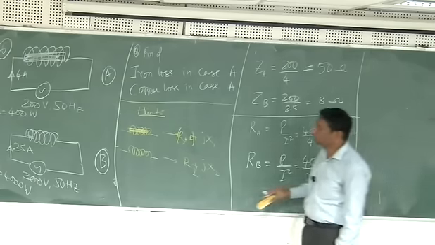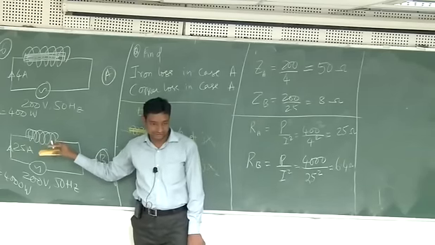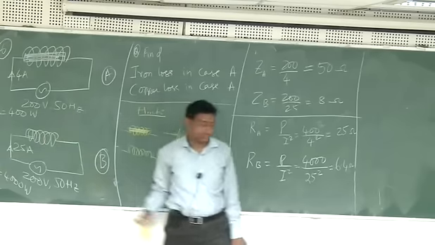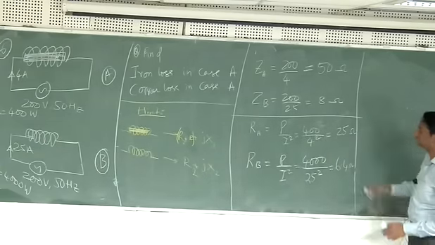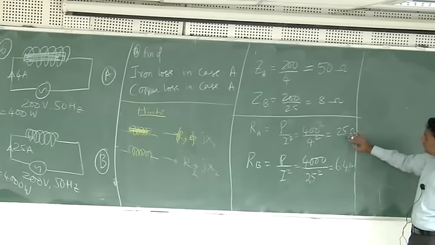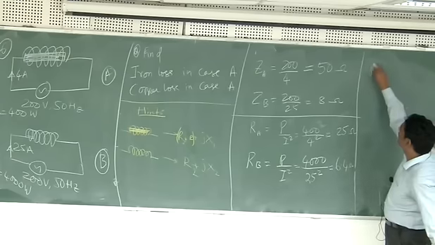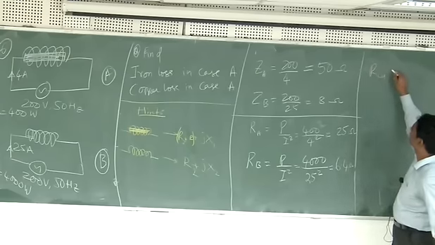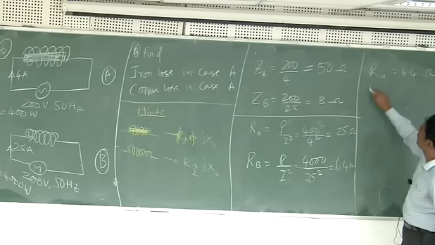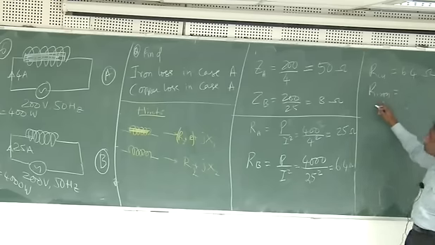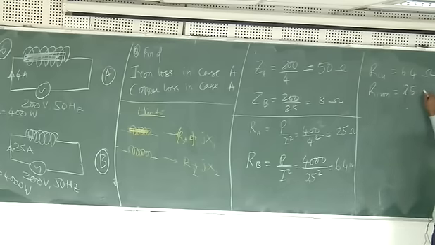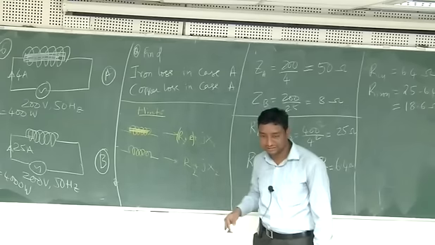the 6.4 is purely the copper related resistance. Whereas here the resistance mathematically is coming to 25. So the resistance component for the iron loss is actually only 6.4 because that will be there and the remaining. So R copper is nothing but 6.4 ohms. R iron, the resistance which represents the iron, will be 25 minus 6.4. So that will be how much? 18.6 ohms.